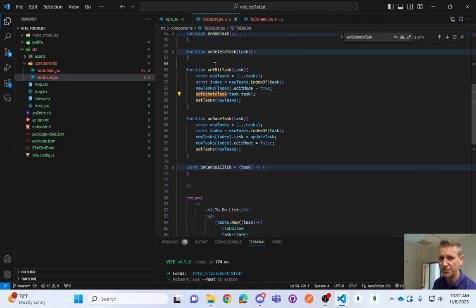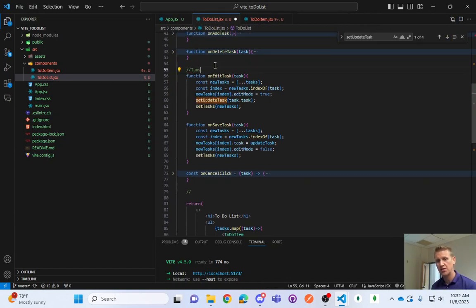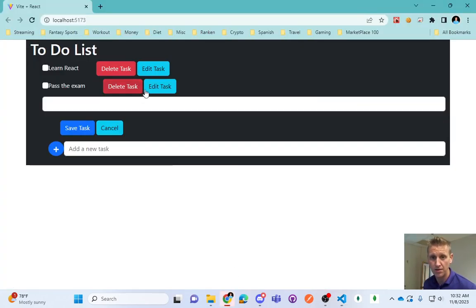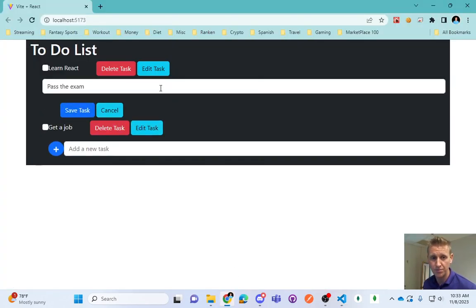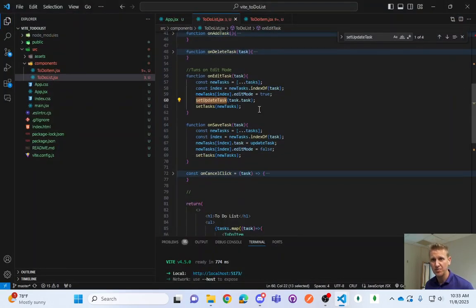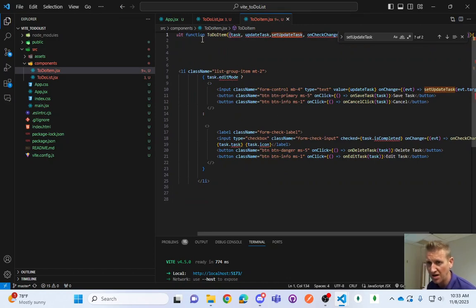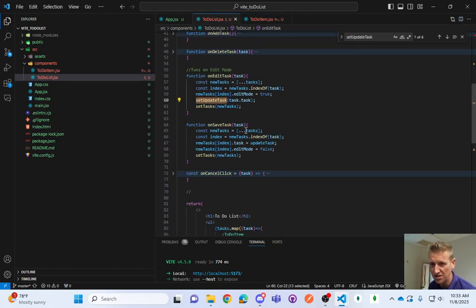So this turns on edit mode, which calls set update task. That's why the text box has the task in the first place, right? So when I go into edit mode, it says pass the exam. It's just not allowing me to update. So if I go here, the function